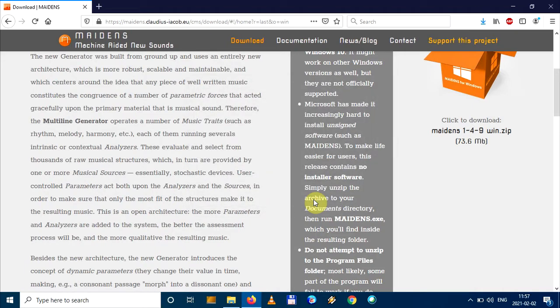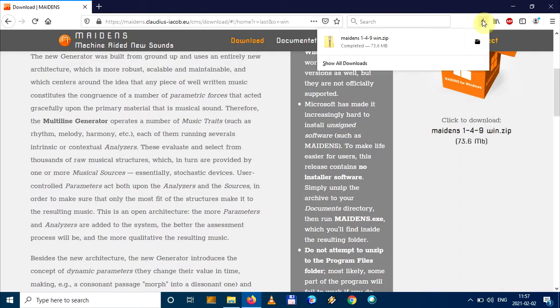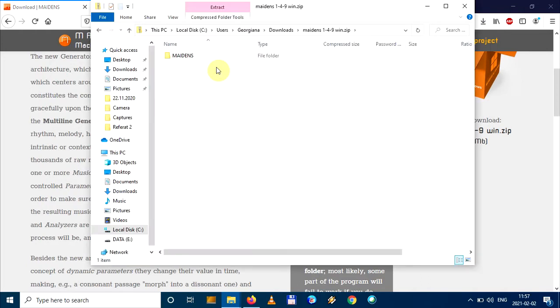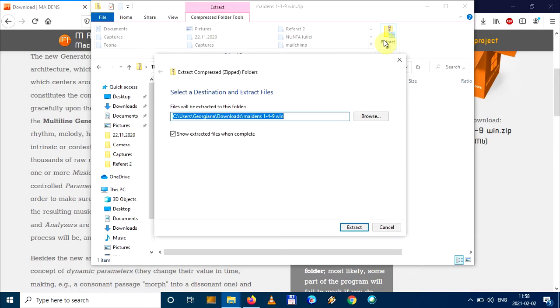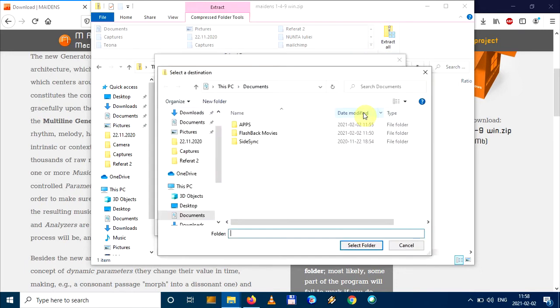Once downloaded, click the zip file to go into it. Windows 10 already has all the tools we need for unzipping files. Just look for the Compressed Folder Tools section in the folder that opens. You want to click on the Extract All button and enter a path to unzip to. I strongly recommend using the Documents folder. I have created an app subfolder there, so I'll use that.